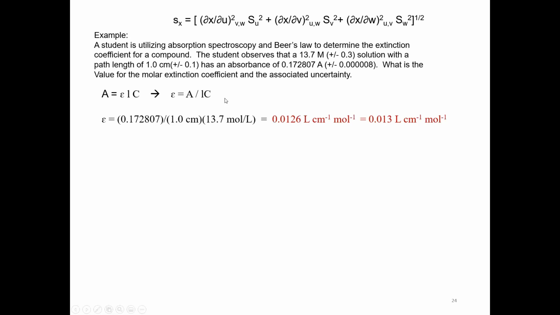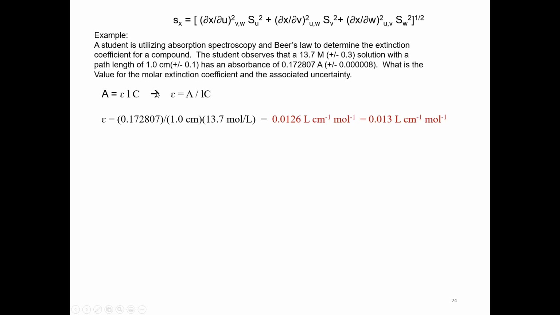So I want you guys to try this one. I list the equation here. You can use this equation. I'll show you how to calculate the mean value, and I'll ask you guys to calculate the uncertainty of the extinction coefficient. Putting Beer's law, the absorbance equal to the extinction coefficient times the length of light path, that's L,